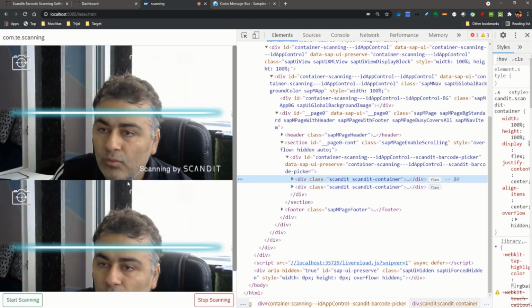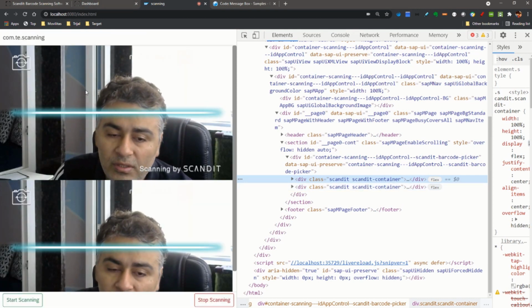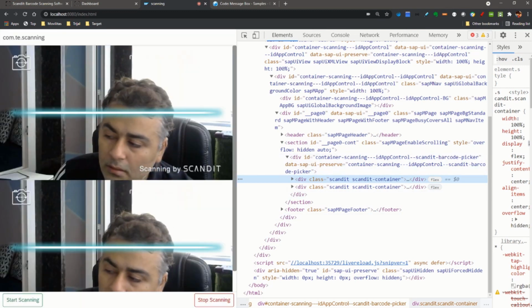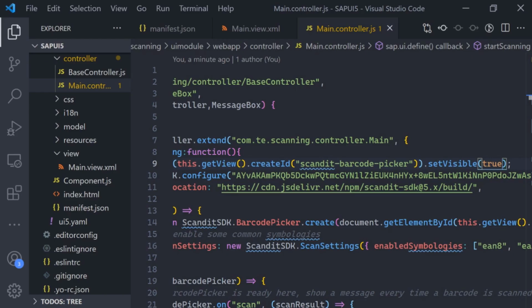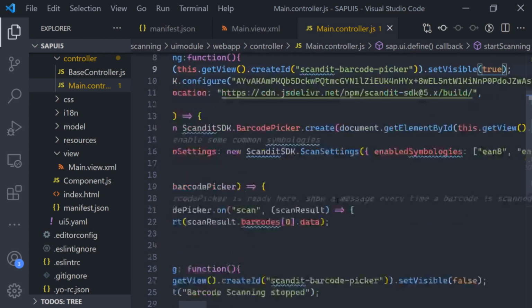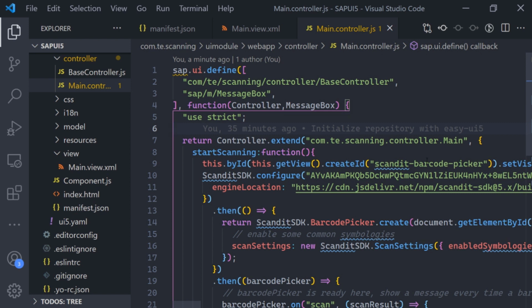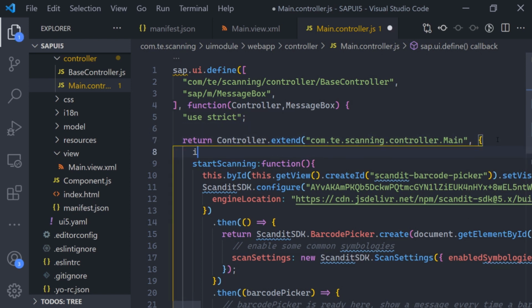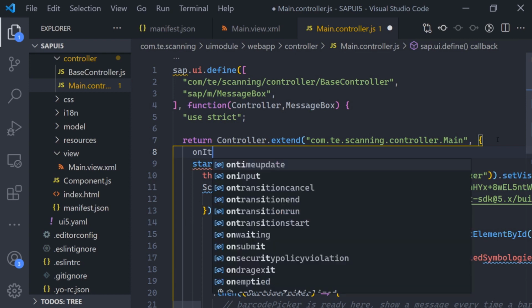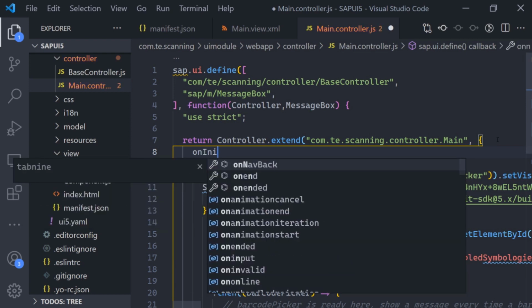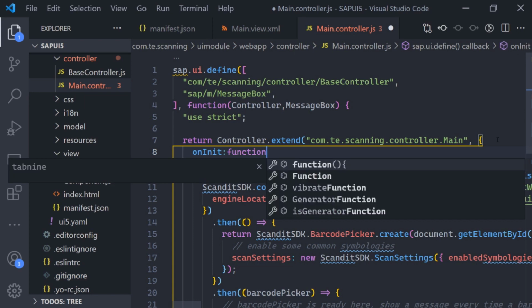So it creates two. So in that case, what we should do is somewhere we need to set a flag. That flag needs to be such that in case it is already done, then you do this, else the camera is already running in the background, so you just enable it so that it is visible. So let's do that. So what I'll do is, maybe when our app loads, on init,